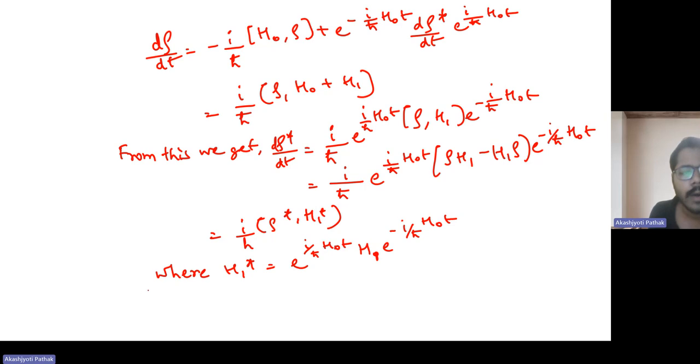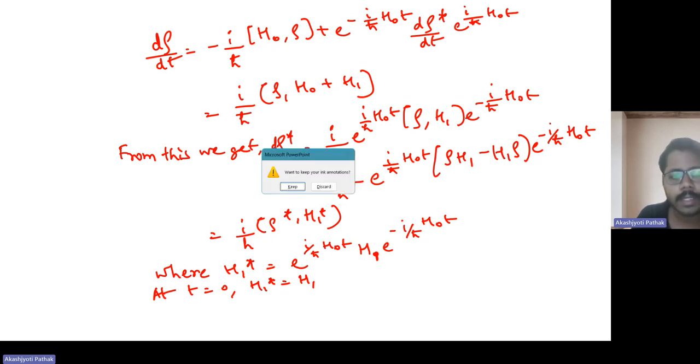So now at t equal to 0, h1 star is equal to h1. So this is the transformation operator e to the power i by h cross h naught t, which represents the rotation about the static field axis,